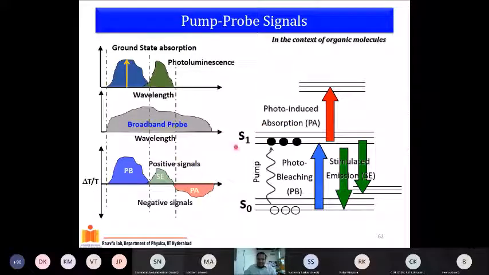And let's say this absorption of this excited state is here. Then in the presence of pump, this starts absorbing and going to an excited state. So the transmission is reduced. On the other hand, when you go with the probe without the pump, what happens? Population in the ground state. So there is no population here. Therefore, you would have a higher transmission in the absence of pump. Resultingly, you have a negative photoinduced absorption. So this is how one can observe the photoinduced absorption signal.